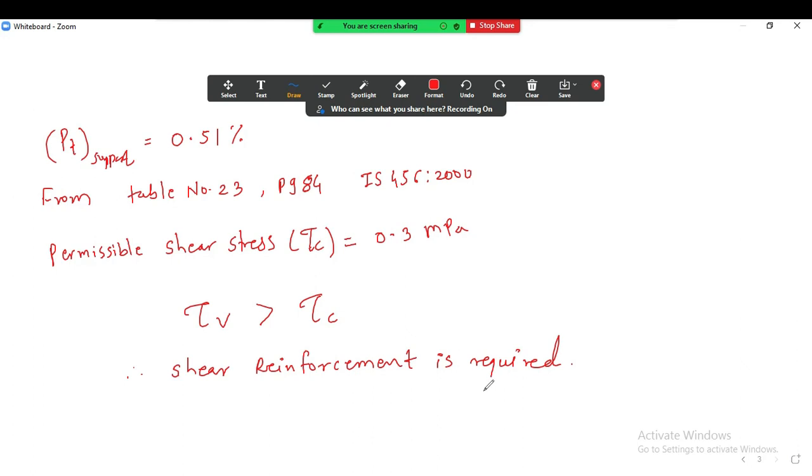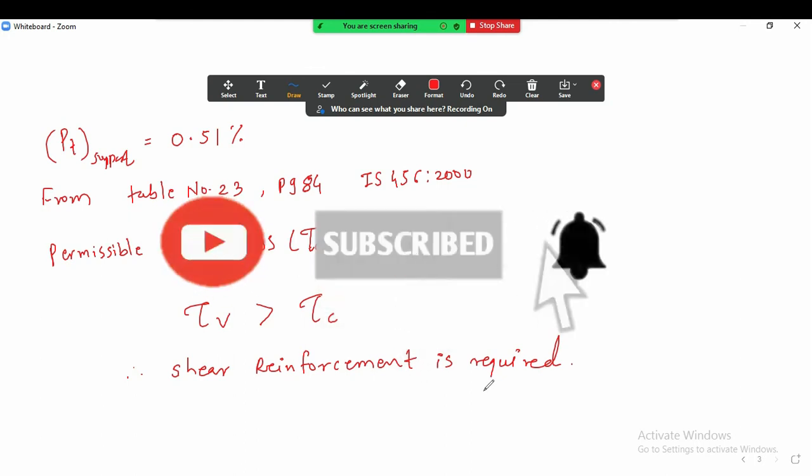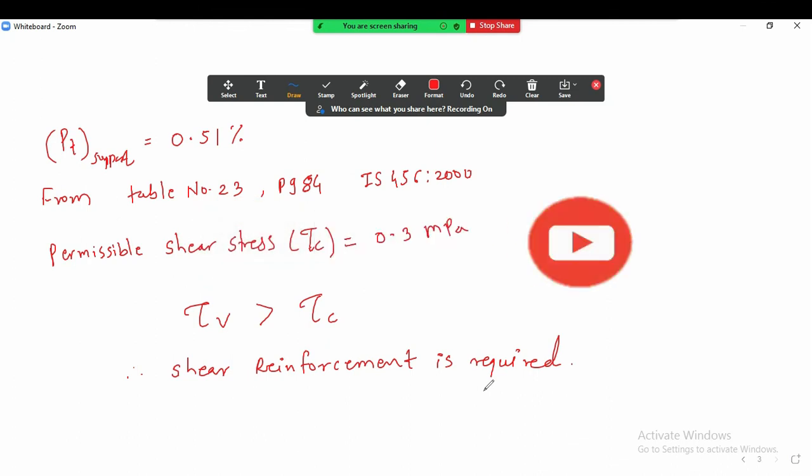Okay. So now today we will stop over here up to this point. You study all the steps, you see all the steps, and tomorrow or day after tomorrow, whenever our lecture is there, we will take the design of these stirrups. Okay, so today we will stop over here.